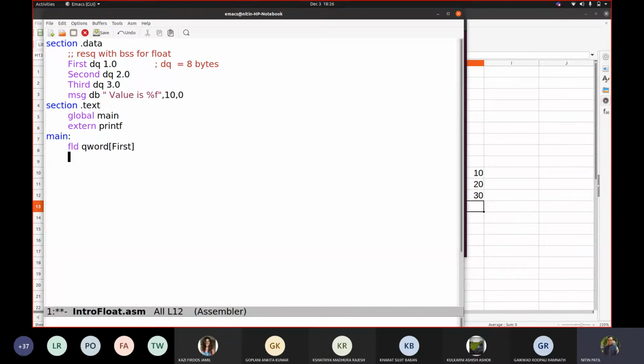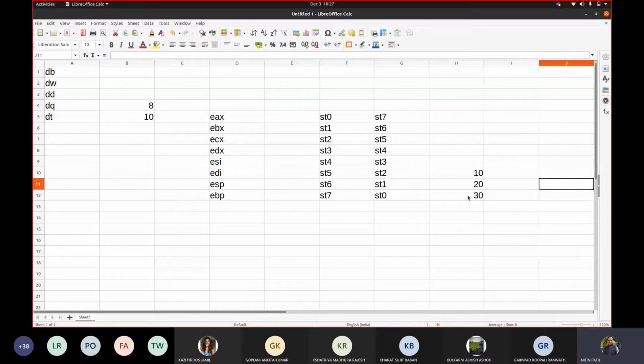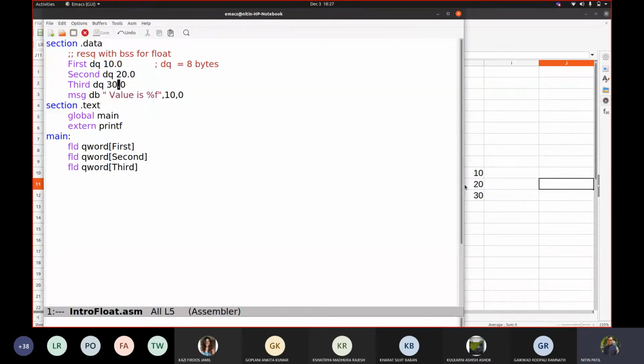Suppose I copy this, I write the second thing now. Again, now I am writing third. Now let us try to see what happens, whatever way I talked about. So let me declare these as 10, 20, 30, because I showed it in the example like this. I want to see what goes into ST0 towards the end. So we want to see this data.